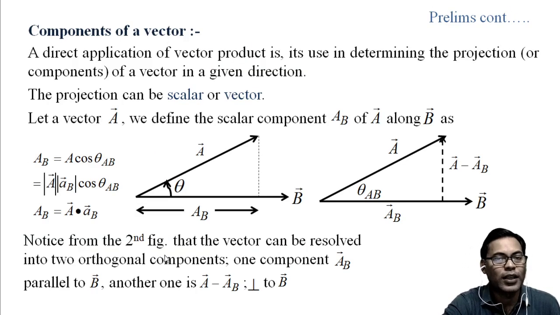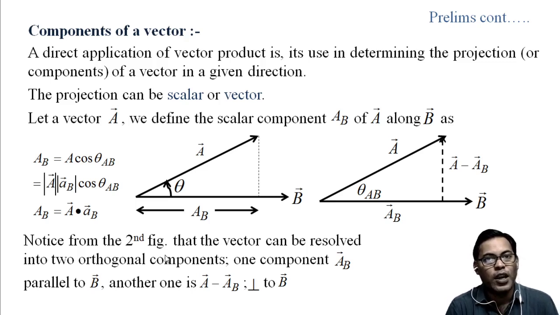Now the other topic here is the components of a vector. When the position vector or the distance vector is represented in a Cartesian coordinate system, we can find the component of that vector along the direction of the axes of the coordinate system. Suppose we have a vector r in the xyz Cartesian coordinate system. That vector r can be resolved into three components, in the x direction, y direction and the z direction.